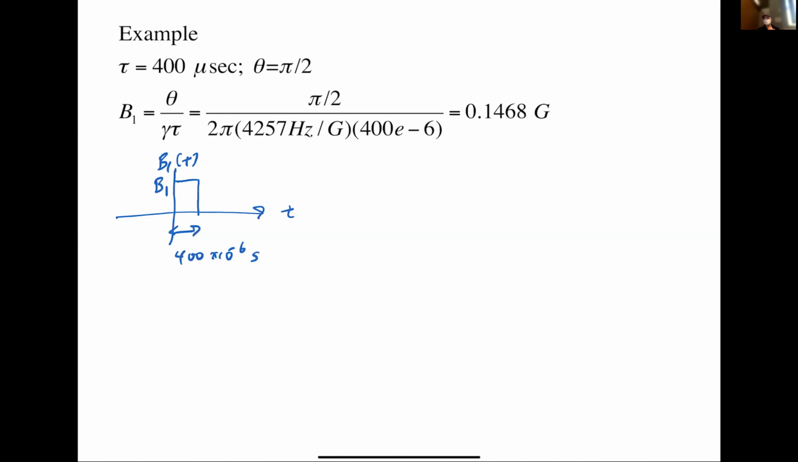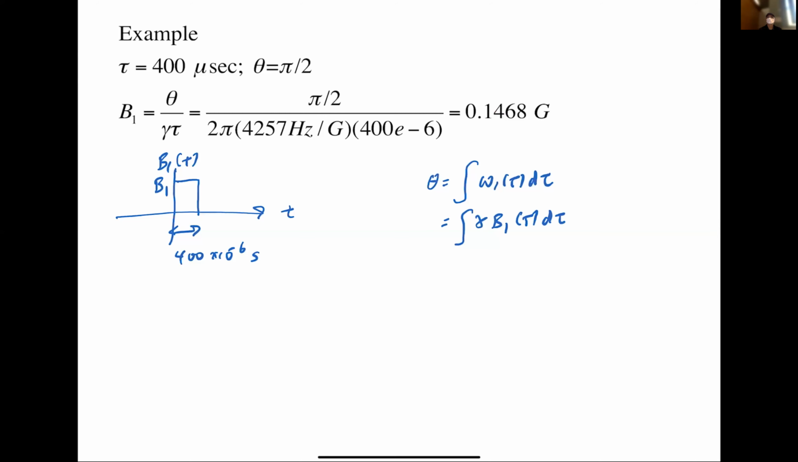So basically, now what we can say is, let's say I had a pulse that I had on for 400 microseconds, which is a very short pulse, and I want to get the flip angle of pi over 2. So then the question is simply, what should be the size of my RF pulse? So we know that theta is just equal to the integral of omega 1 of tau d tau. That's just equal to the integral of gamma B1 of tau d tau, right? But since B1 is constant,